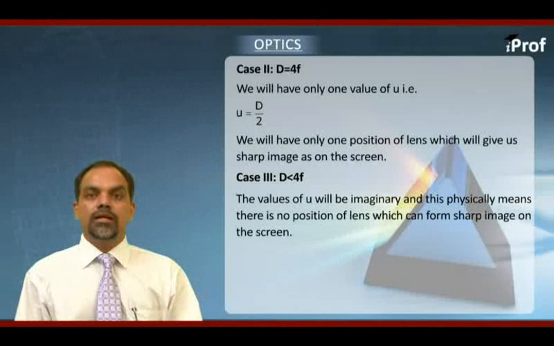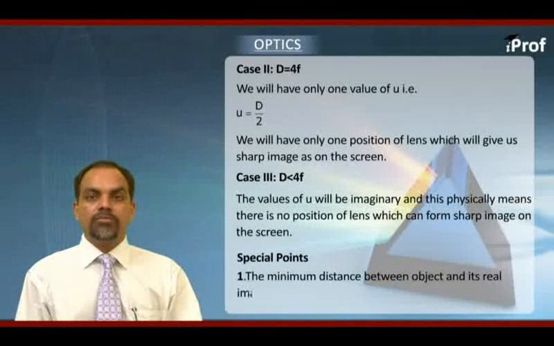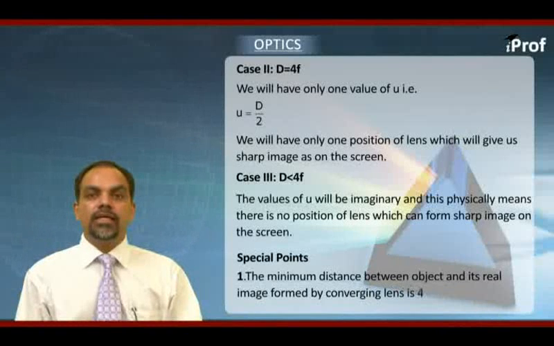Now there are many other points that we have to understand in connection with displacement method. The very first point that we need to understand, if we analyze case 1, case 2 and case 3, is that we find the minimum distance between real object and real image to be formed by a thin converging lens is 4 times its focal length. So this is a very important information and it's a very important point. I repeat it again. For real image to be formed by a converging lens of a real object, the minimum separation between object and image